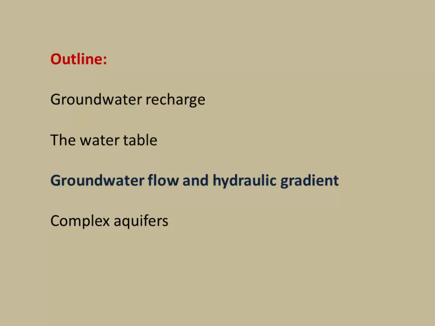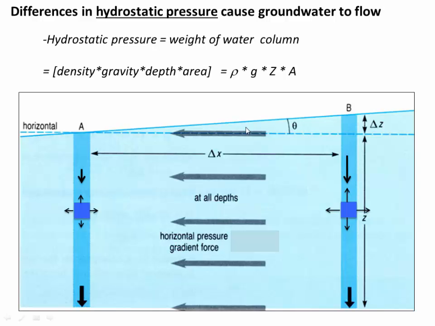So I've mentioned a couple times that groundwater can flow. Let's now take a closer look at what controls the flow of groundwater. And that's going to be something called the hydraulic gradient. So we're going to start this out with a little bit of physics. If you picture a sloping water table, this upper surface here,